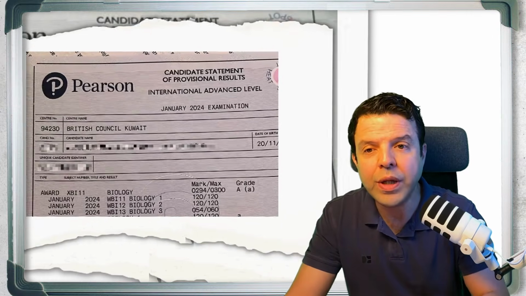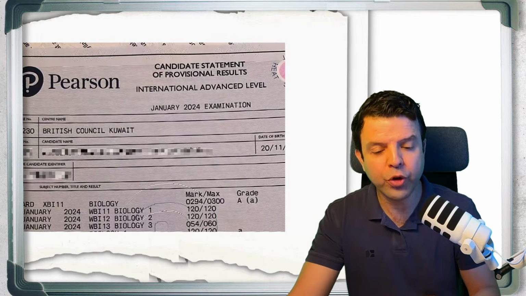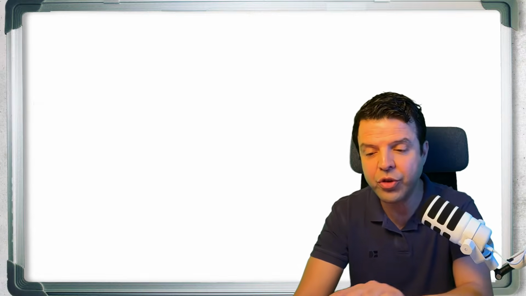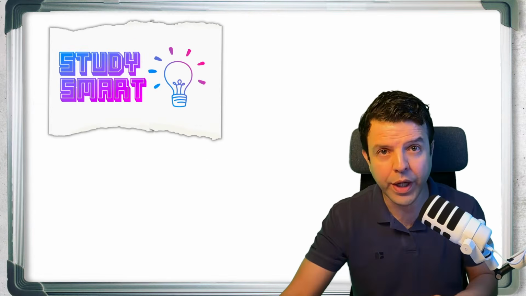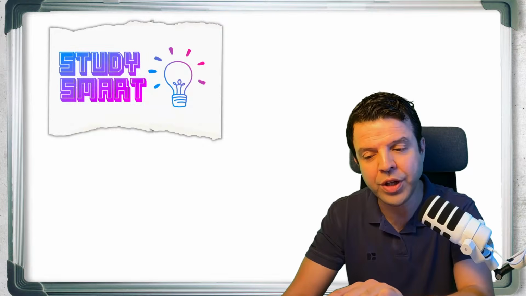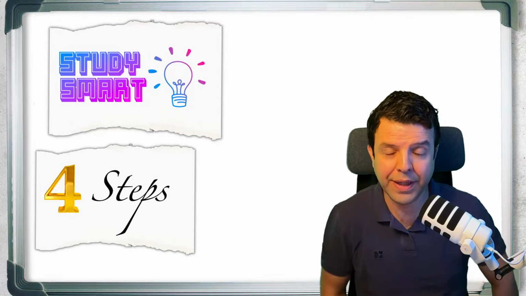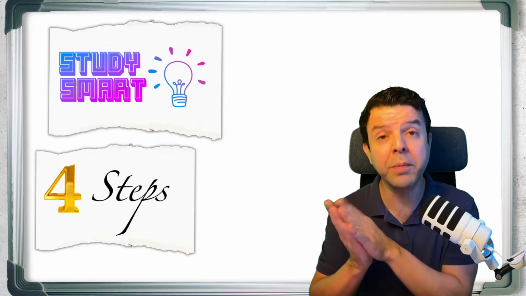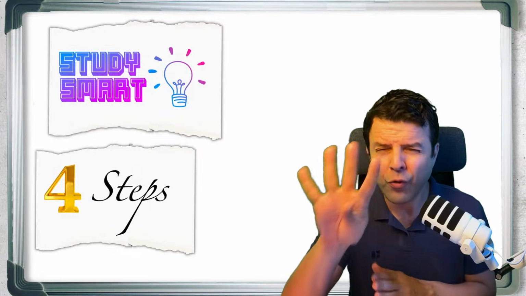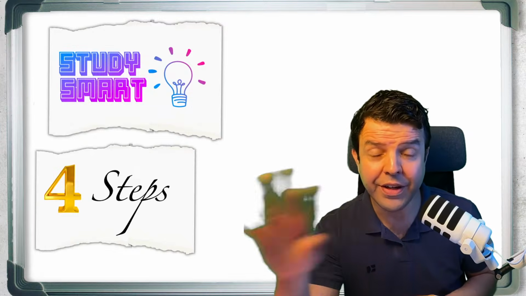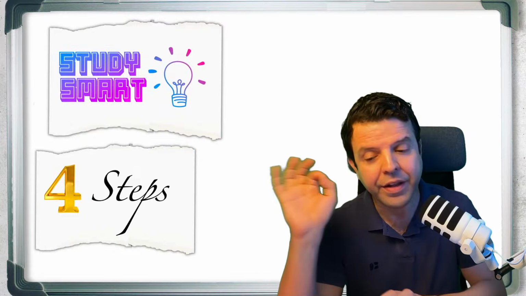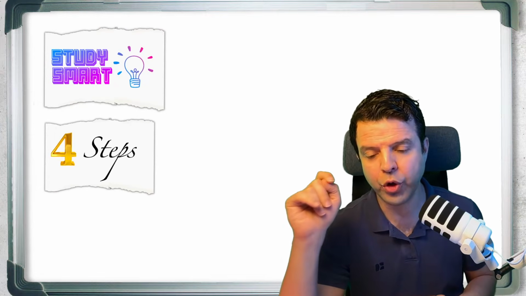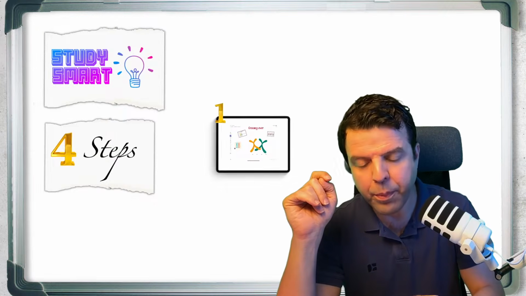Usually, getting that full UMS is really not difficult. You just need to study the right way. It's not about how much you study or how much time you spend studying, it's the way you funnel your time and effort. There are 4 things you need to do in the correct order, and I guarantee you would score that full UMS. So step 1,